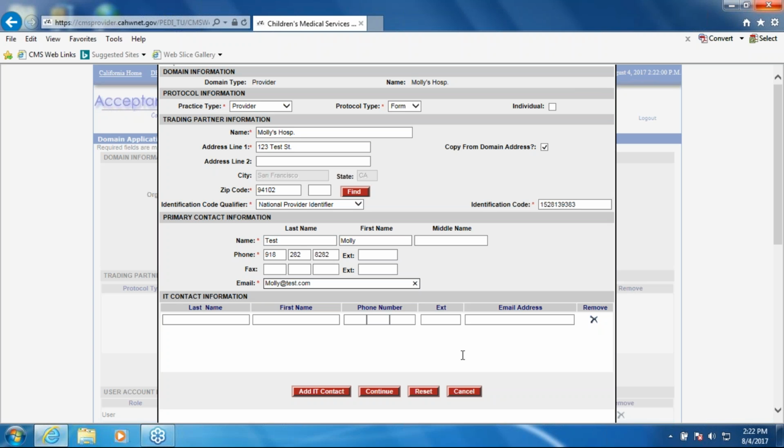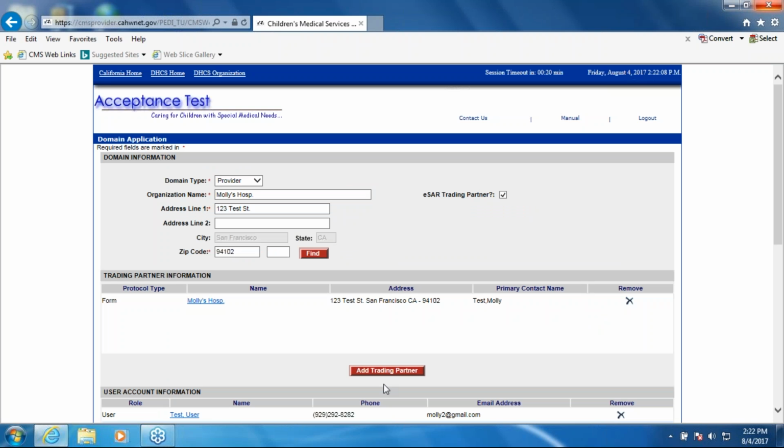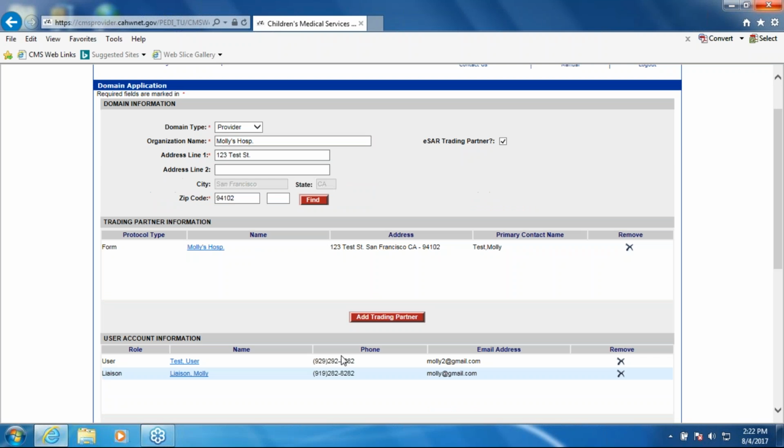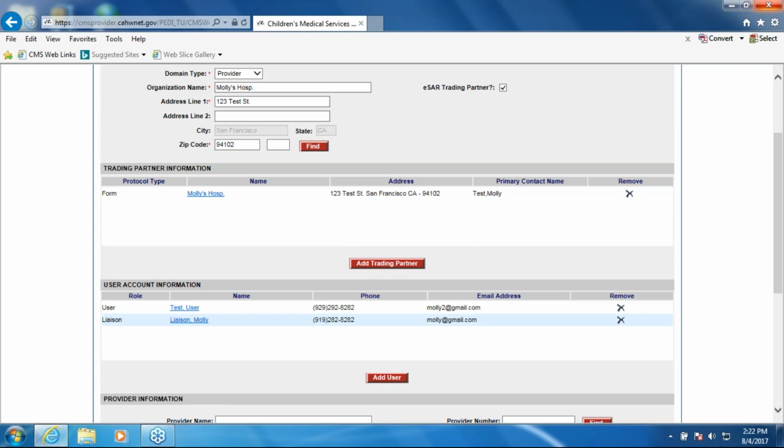Alright, and IT information is not required. It's only required if you do file or SOAP. For form, it is not required. You can go ahead and just click continue, and then once that is done, you can go ahead and scroll